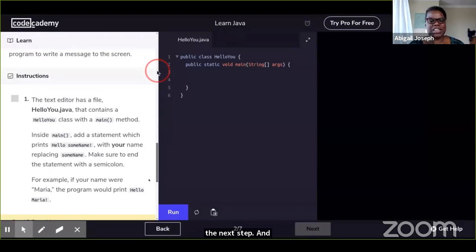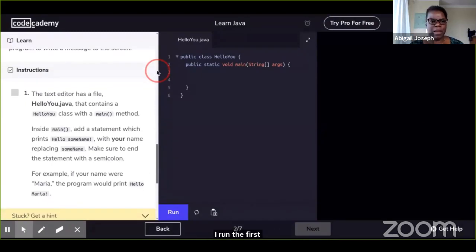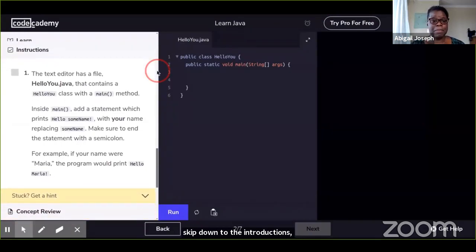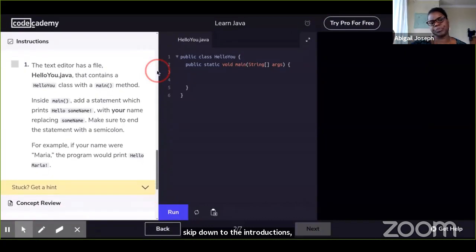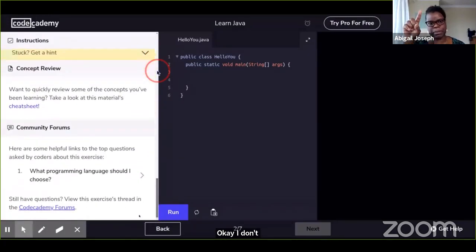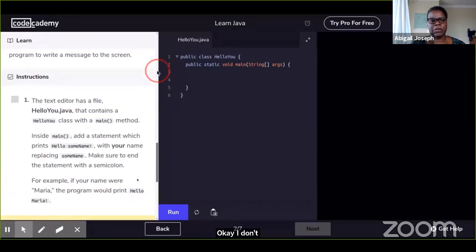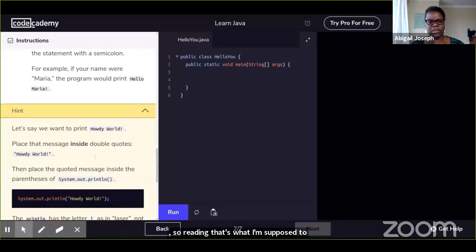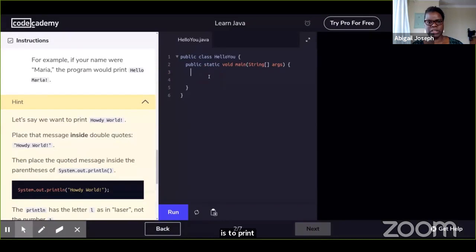I skipped down to the instructions, and I'm looking at them, and I'm thinking, okay, I don't even know what to write, because the line of code that I need to write might be above in the text or below, but there is this notion of a hint. So I'm reading, that's what I'm supposed to do, but I don't know what the command is to print. And so I eventually scroll down and I say, I need a hint. So I get a hint, it tells me what to write. So I type out that particular